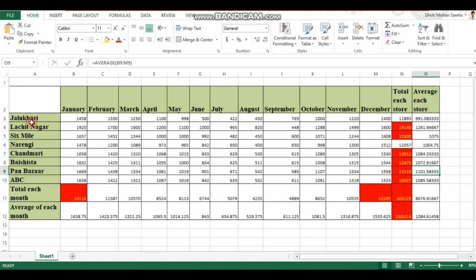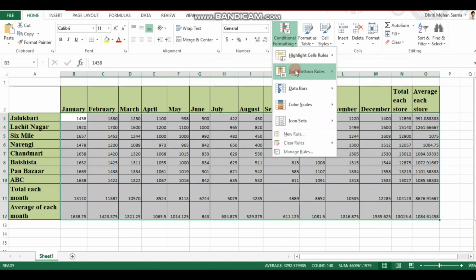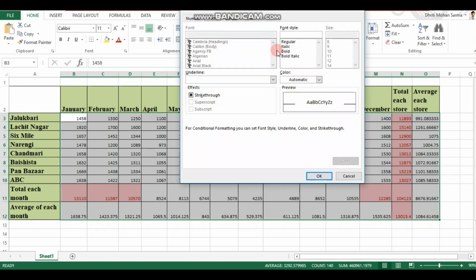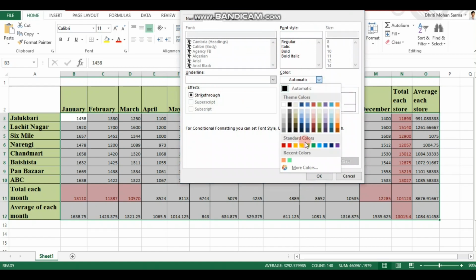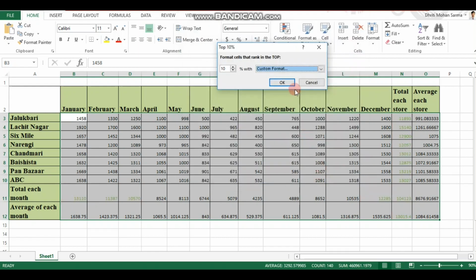Similarly, let's see the 10% of it. So what happens to the 10%? Top 10 rules, go to 10% and customize it to your liking. Let's go for some fluorescent color here. Let me customize it a bit more.